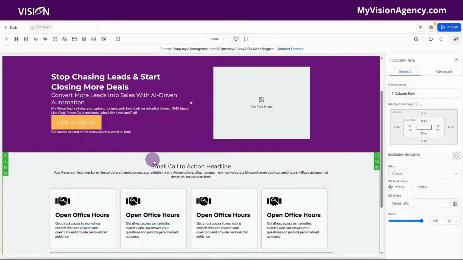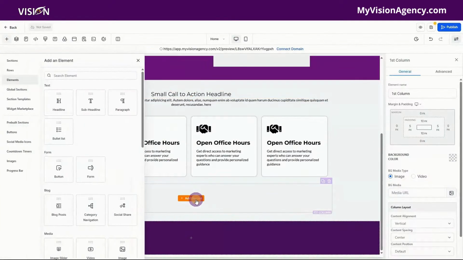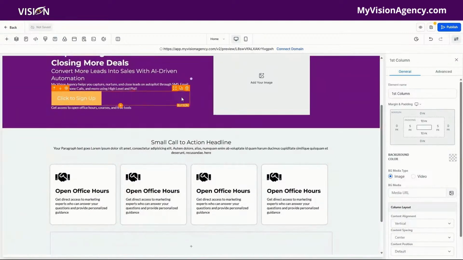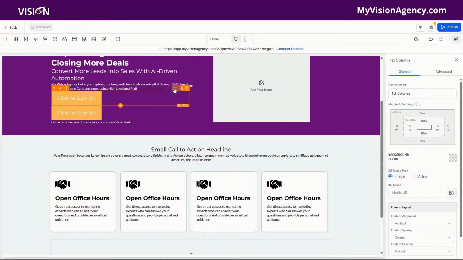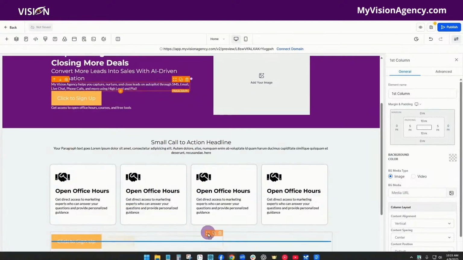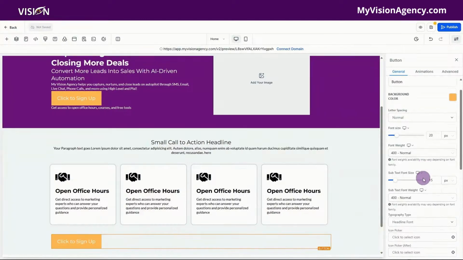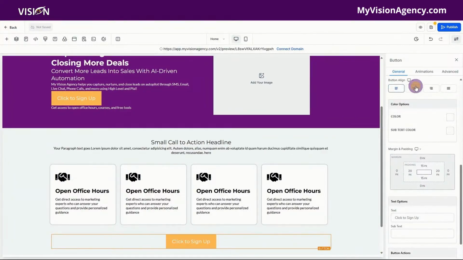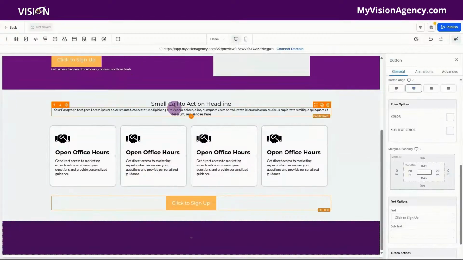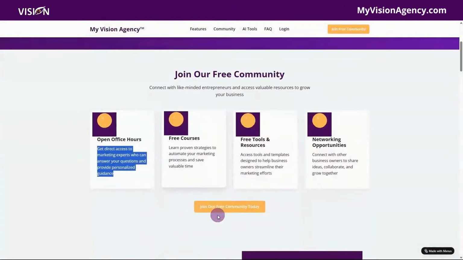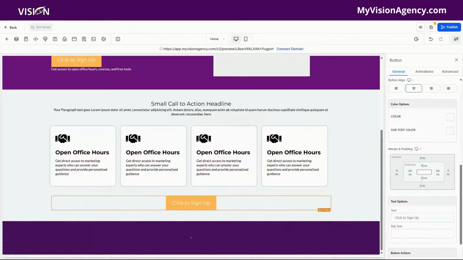So this one is a little different, and then we'll create a custom version here. Now we can duplicate this button as well, and then drag it down there. So if you've already styled your button and all of that, certainly go ahead and just duplicate it. It'll save you a lot of time. So I'm going to go ahead and center this in the middle here. And our button does say, join our free community today. So I'm going to click in there, and let's say, join our free